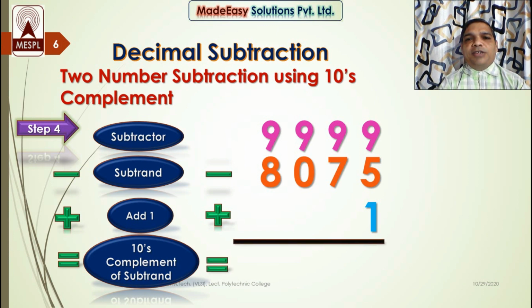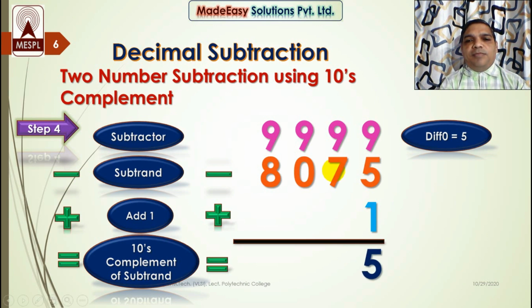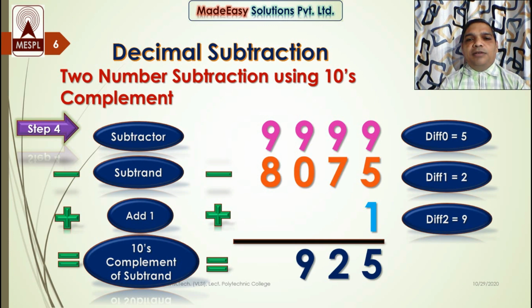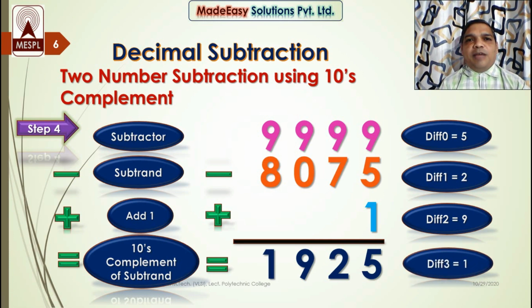Now perform the subtraction and addition on the LSDs. That means subtract 5 from 9 and add 1 into it. So 5 subtracted from 9 is equal to 4, plus 1 is equal to 5. So I got the result 5, and I will put the result over here. Now perform the next digit subtraction. So 7 subtracted from 9, I will get 2 as the difference, and I will put the difference over here. Now perform the next digit subtraction, that is 9 minus 0, I will get 9 as a difference, and I will put the difference over here. Now subtract the MSDs. So 8 subtracted from 9, I will get 1, and I will put the result over here.